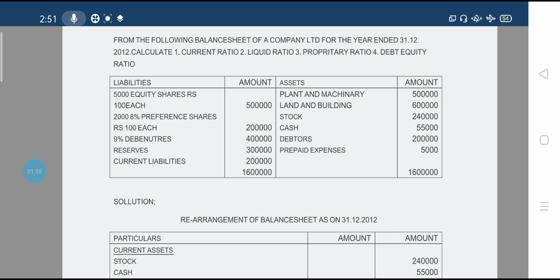On the asset side, plant and machinery comes under fixed assets. Land and building comes under fixed assets. Stock, current assets. Cash, current assets. Debtors, current assets. Prepaid expenses, current assets. So in the problem,